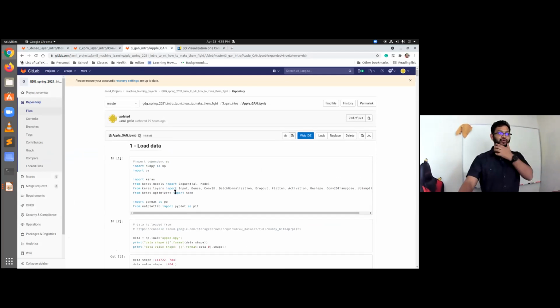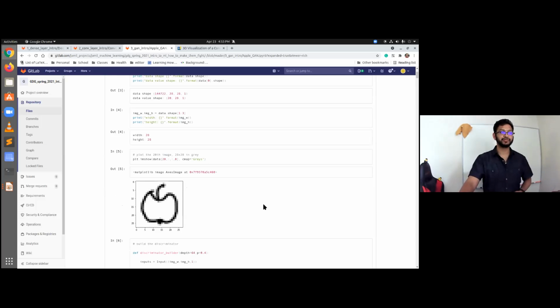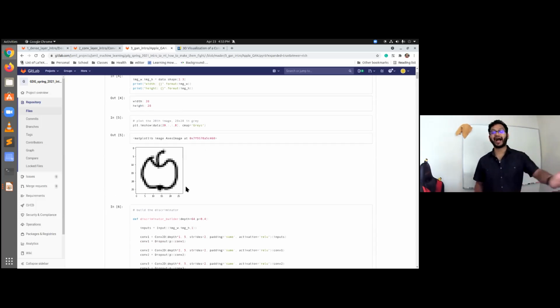So we have now our imports. It's a lot of imports, but it's nothing new. We have our dropout, our flatten, our activation, our dense, our convolution. And now you can download the data here, but we're essentially going to load in our data. And from there, we can see its shape. We have 144,722 pictures of a drawing of an apple. What's an example of an apple? This is a picture of an apple. So I am the police officer, and I have 144,722 images of an apple. Differently drawn, but for the most part, it's an apple. We can recognize it as one.